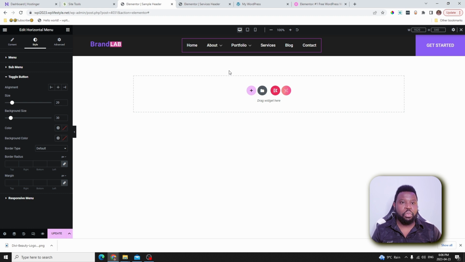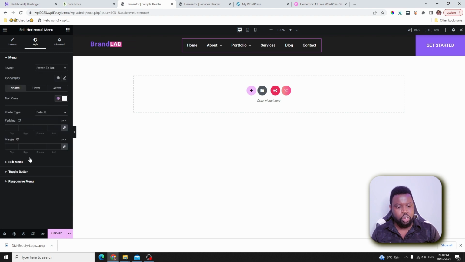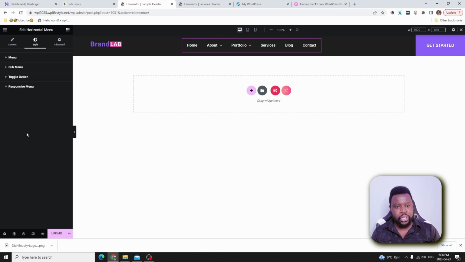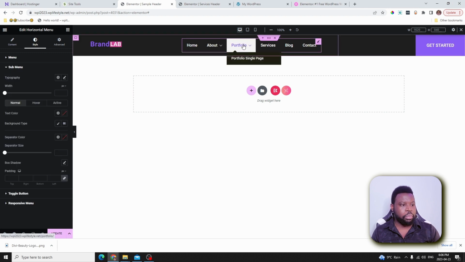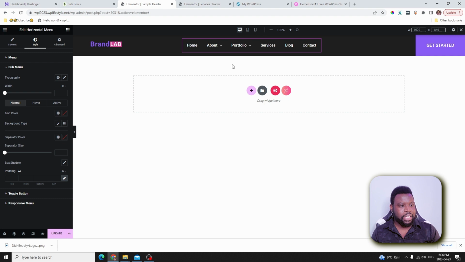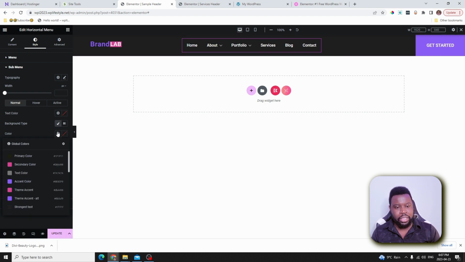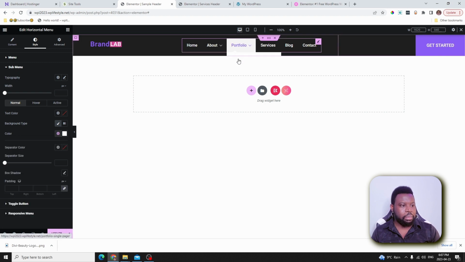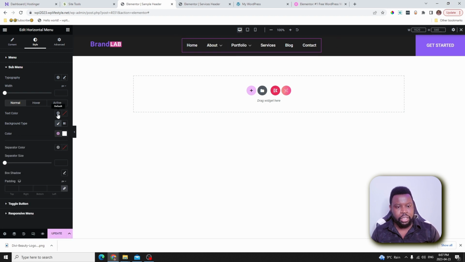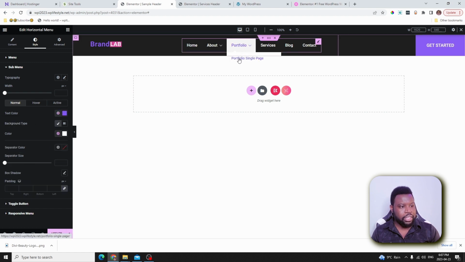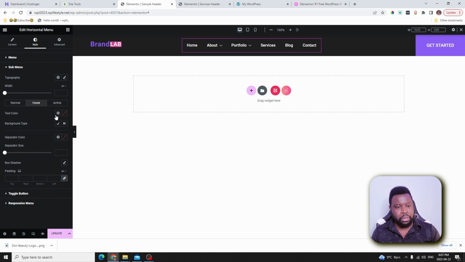Now you can go ahead and play around with other settings that we have in there. Like if you click on the menu icon and then go inside the menu, you can play around with the colors, the hover color. You can go to the sub menu. For example, if you go to your sub menu, we have a sub menu here for the portfolio. You can choose the active color for that sub menu and also the background color. Maybe you want the background color to be white. For example, you select white, and now the background color is white, and then maybe the normal color will be this accent color, and now the normal color is the accent color, and then the hover color will be maybe the secondary color. So this is just normal Elementor stuff.